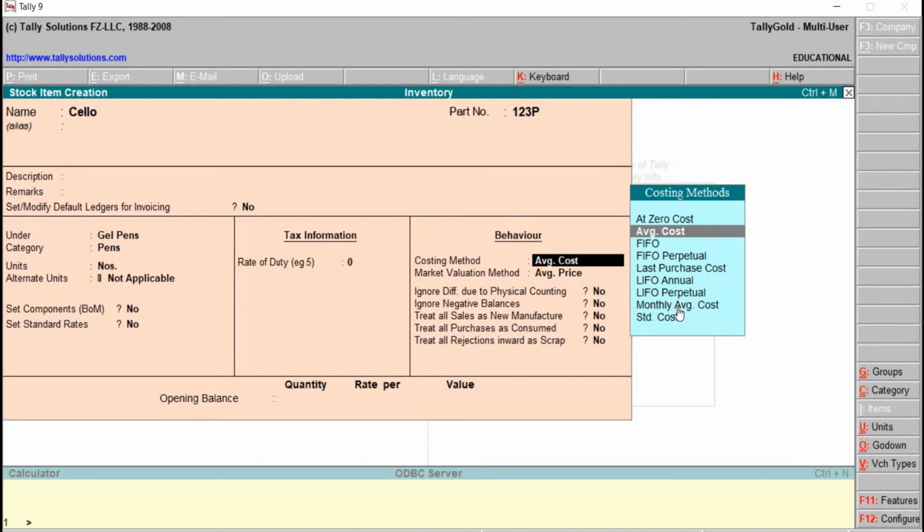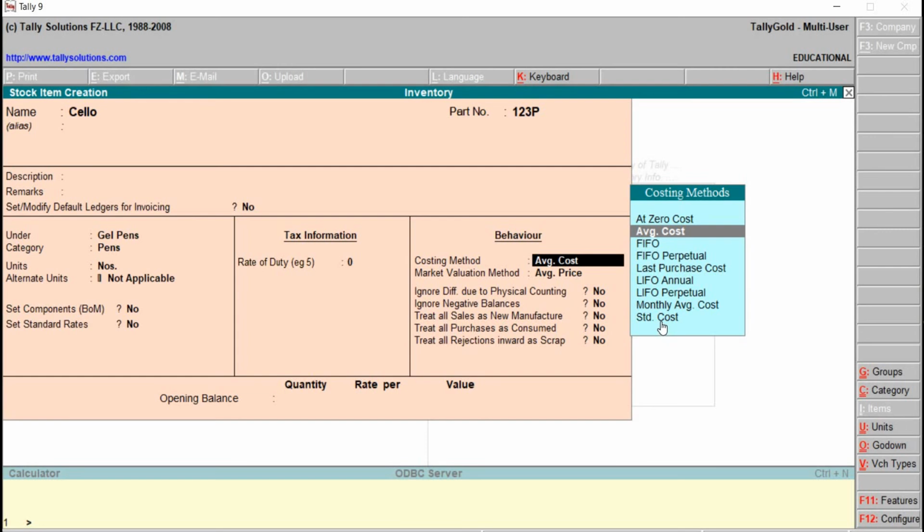The next one is monthly average cost. In this case, the cost is determined on a monthly basis instead of annual. And the last one is standard cost.